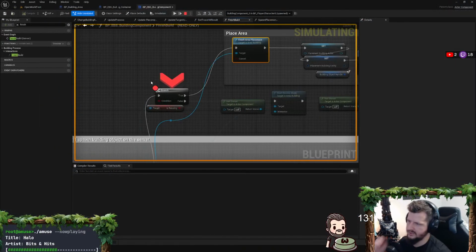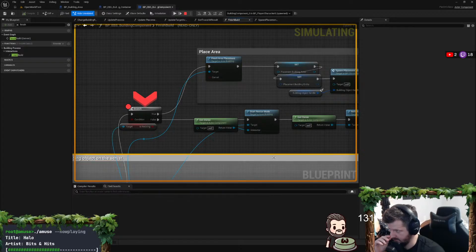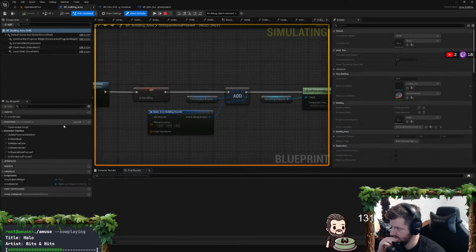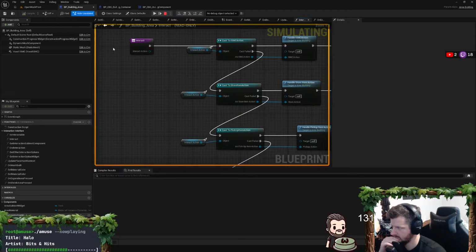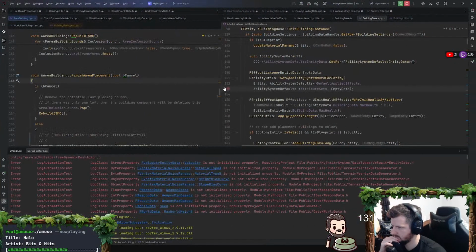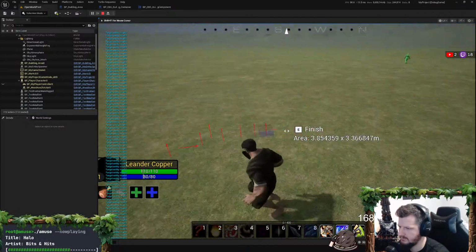And so what is deleting in this then? Why is it clearing? I don't know what's clearing the